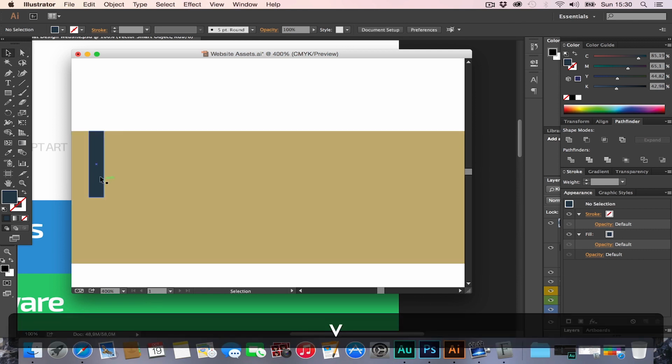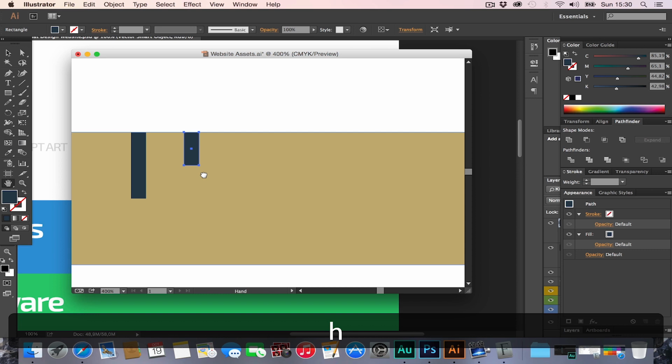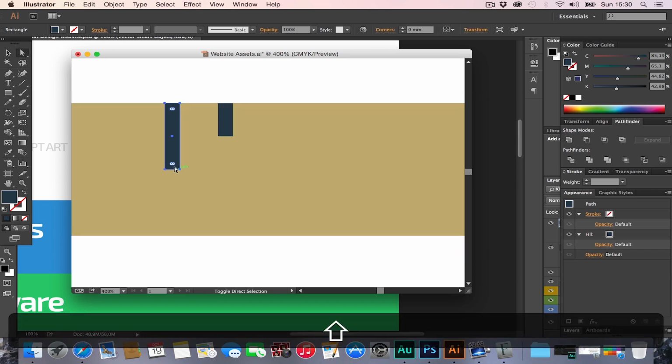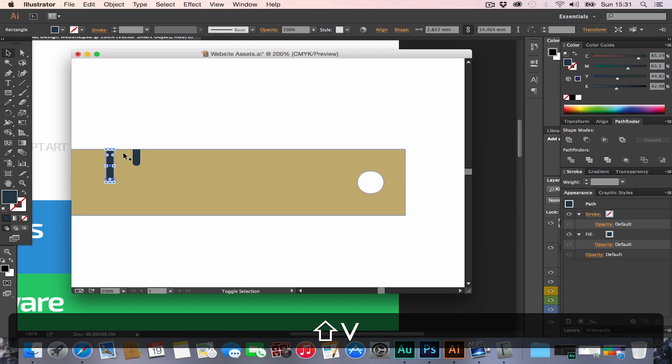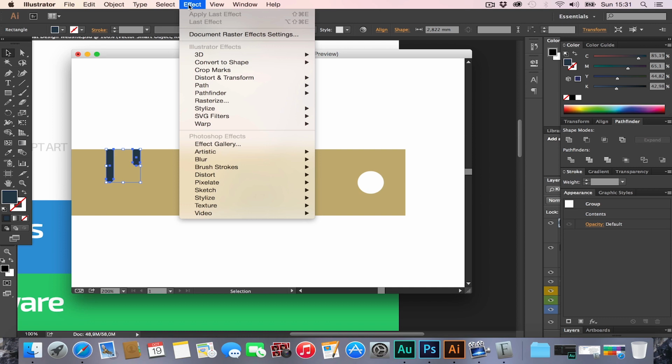We're going to make 2 of them. One for the bigger and one is like this small, and I love the new features from Adobe CC. So just grab these anchor points, bring them in so it rounds them up. Then select both, make them a group, go to Effect,